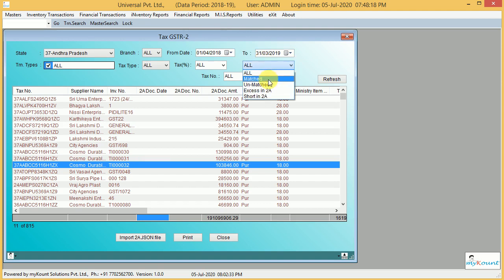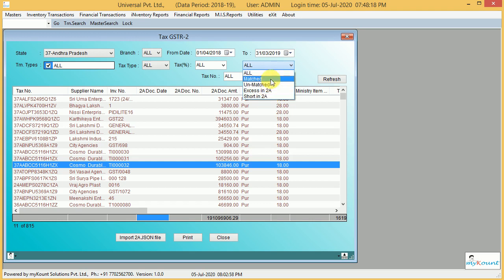See here we can see matched transactions, unmatched transactions, and excess in 2A. Excess in 2A means bills are available in the GST portal but not entered in our system. Next, short in 2A. These are bills available in our solution but not available in the GSTN portal.